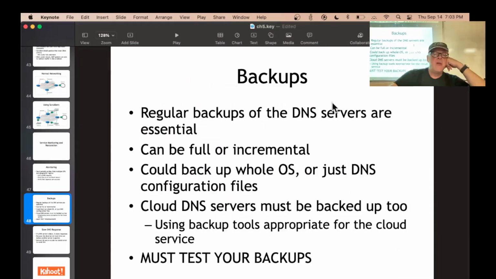Good. All right, so then of course you have to back up your stuff. You have to back up at least the DNS configuration files. You may not need to back up the whole operating system because that's easy to restore, but you do have to have all the DNS data backed up, and your cloud servers have to be backed up,